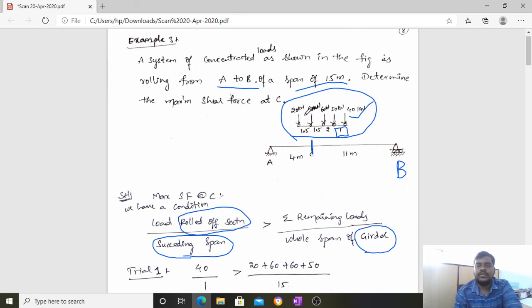And when we consider this 60 kilonewton load, that was a positive value, and that is the positive shear force value. So these types of problems are very important in finding the maximum shear force at C using the influence line diagram. I think I am clear in this